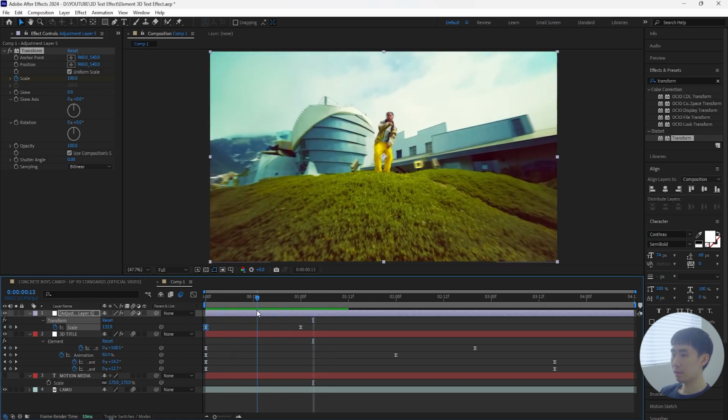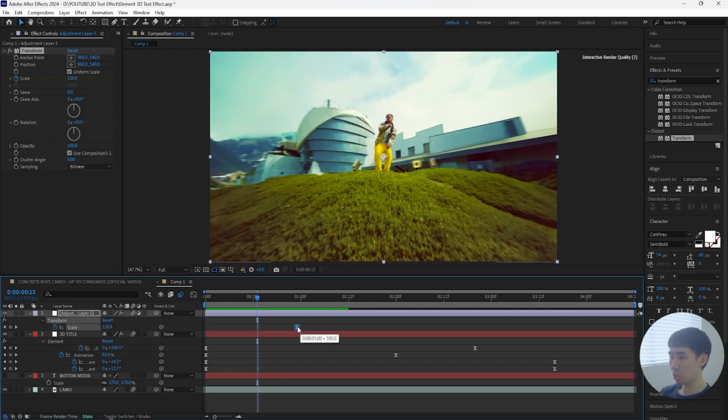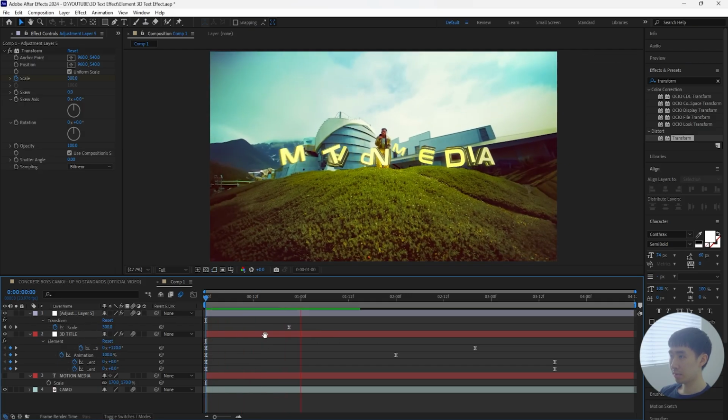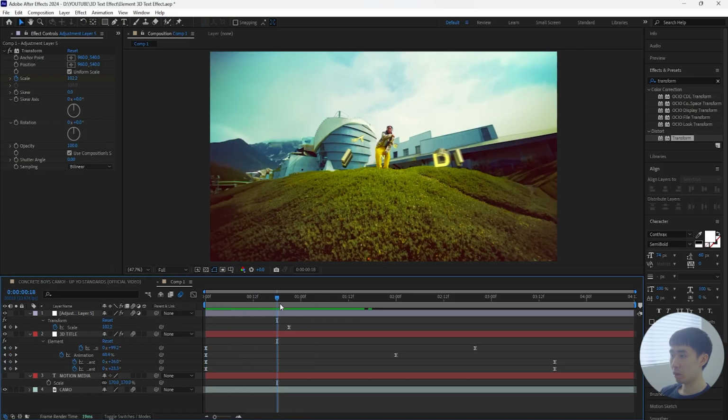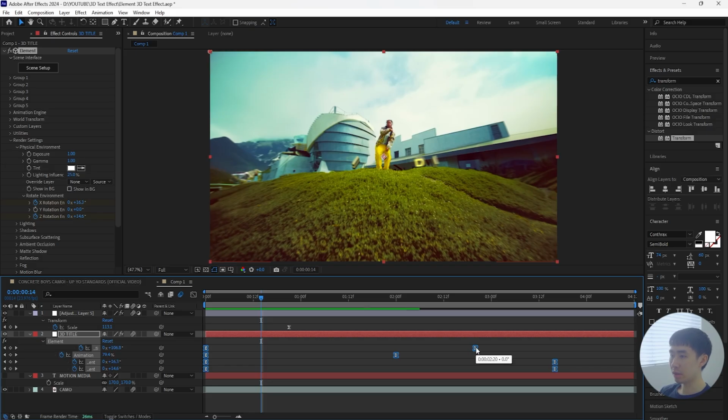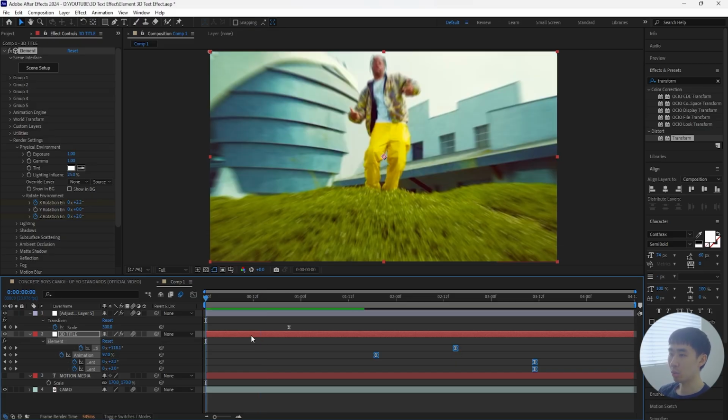But to make it look even better, let's bring these keyframes back a few frames. I'm going to bring it back like 1, 2, and 3 frames. Because I want the 3D text to animate in a little faster, I'm going to grab all these keyframes, and let's also bring this back a few frames. So I'll bring that back 1, 2, 3, 4, and 5. So when I'm doing that, I'm obviously looking at the composition to see how fast the text is actually animating in. And then when I play this,